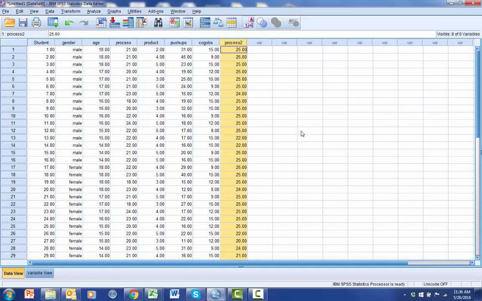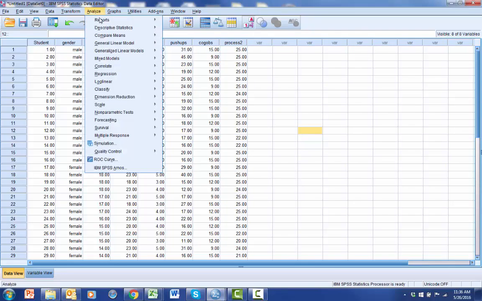The stipulation, though, in a dependent t-test is that you can only look at two different points in time in one analysis. So the first step is to go to Analyze, Compare Means, and go to the paired sample t-test, which is also known as the dependent t-test. You'll see paired sample t-test referred to in your textbook and in other